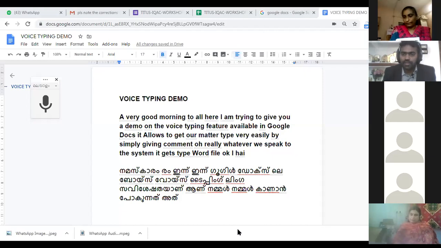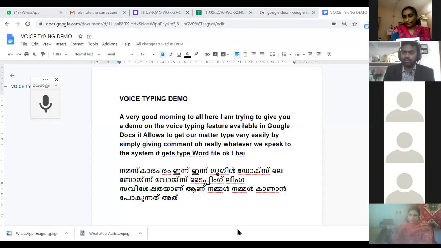Now, Dr. Suresh K. Okay, sir. In my computer, I am not getting that voice typing feature under tools. It is there, sir. You have to go to docs.google.com. You will get it. I have taken tools on the desktop, and under that, spelling and grammar is there, word count, review, suggested edit, compare documents, explore, linked objects, dictionary, translate documents. Okay, I got it, sir. I need to check it. Please take a screenshot of that and send it to me personally.